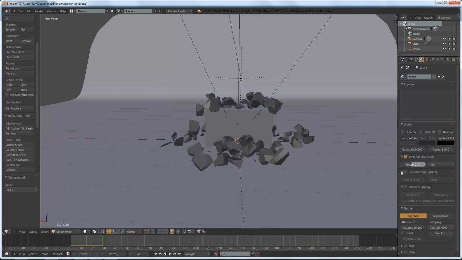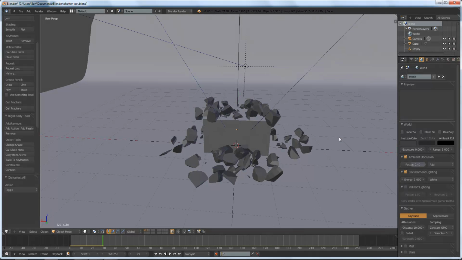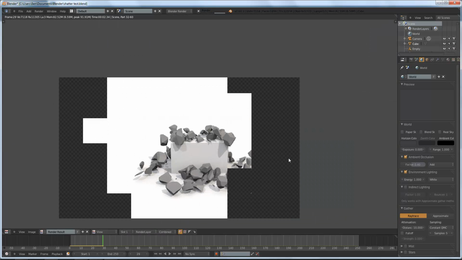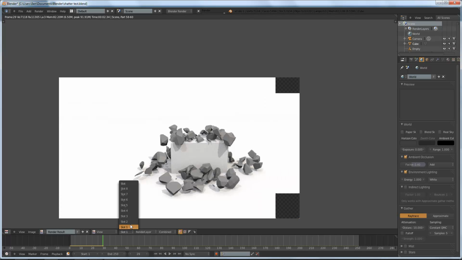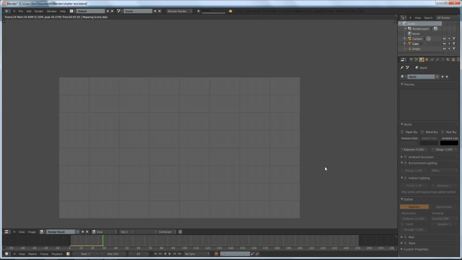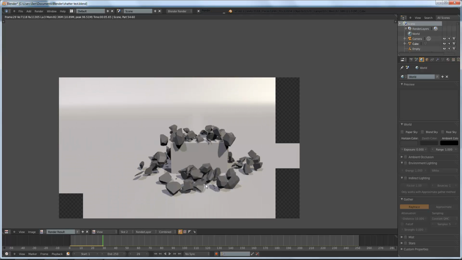So enable it, put it at like 0.4, keep it at add, and also add in environment lighting, which will give us more light and also has a similar effect to ambient occlusion. So press F12, and you'll see it looks like this now. And if we were to make a new render slot and uncheck these two and render it before, I can show you before and after,